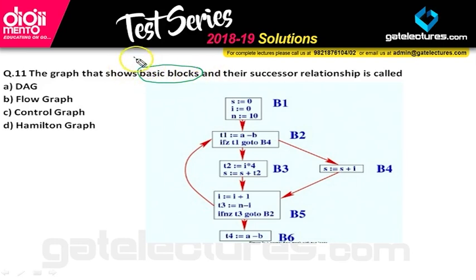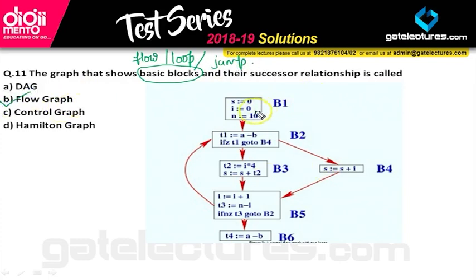When I want to detect the loops in my program, how they jump from one condition to another, that's why we use the basic block. So clearly the answer is B over here.